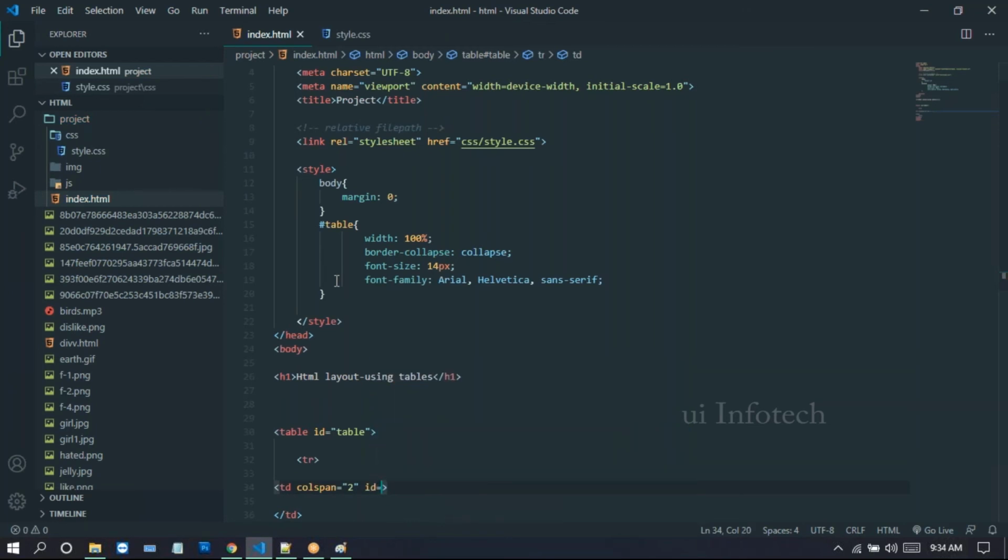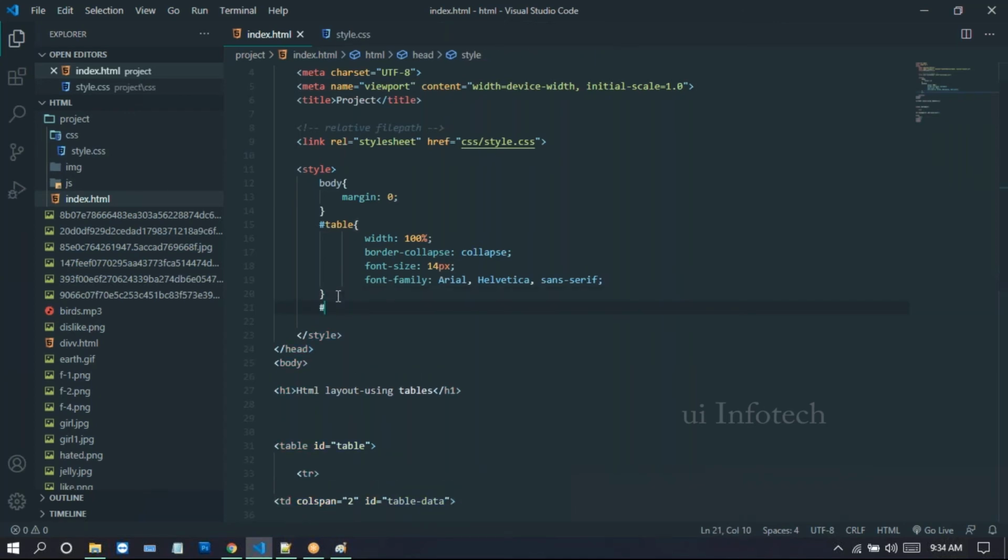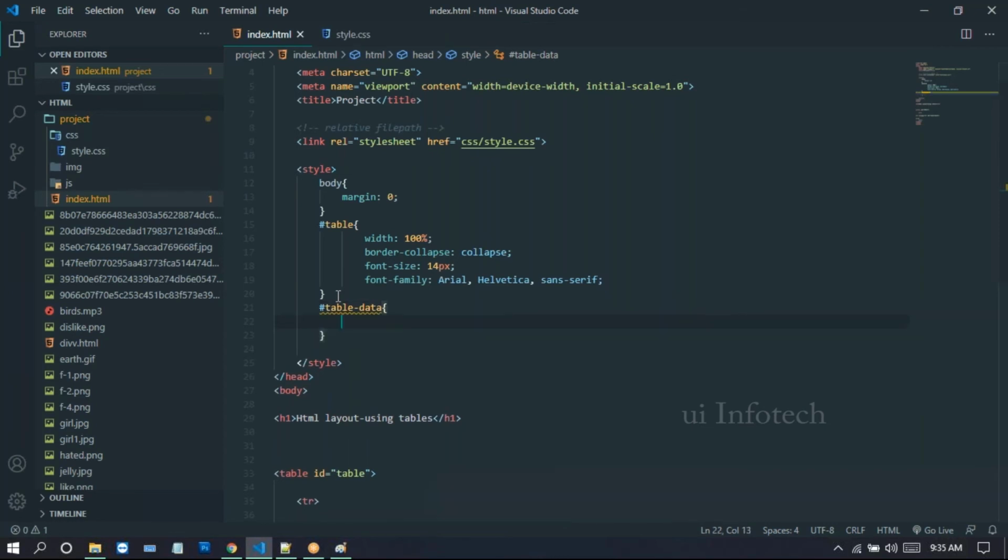We just take one more ID here. ID I'm taking table data. For this table data, we use #tabledata. Now for this table data, we just give the padding.